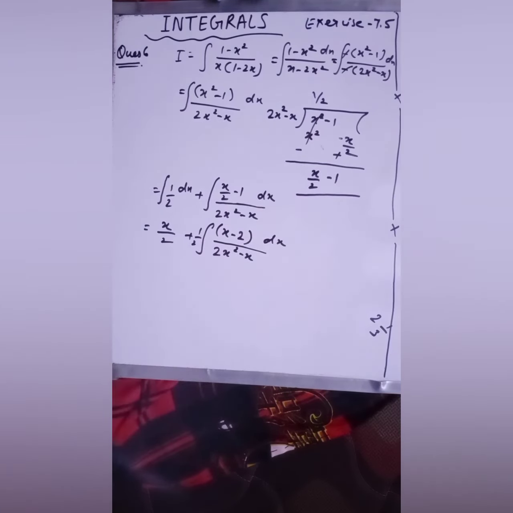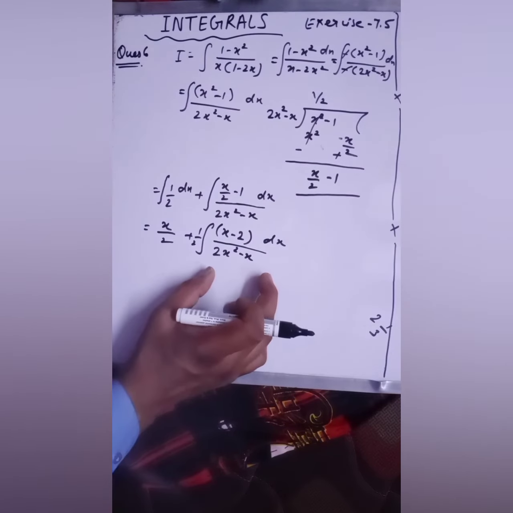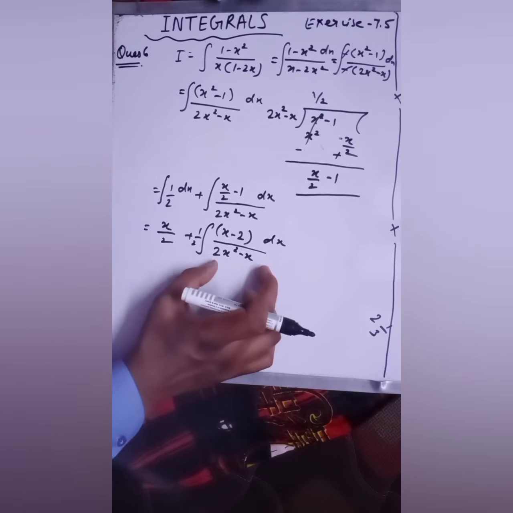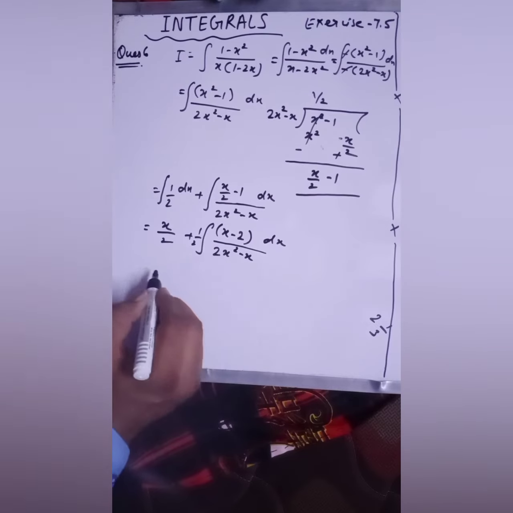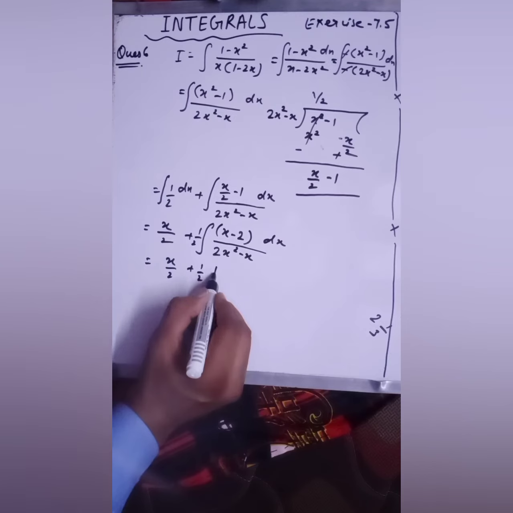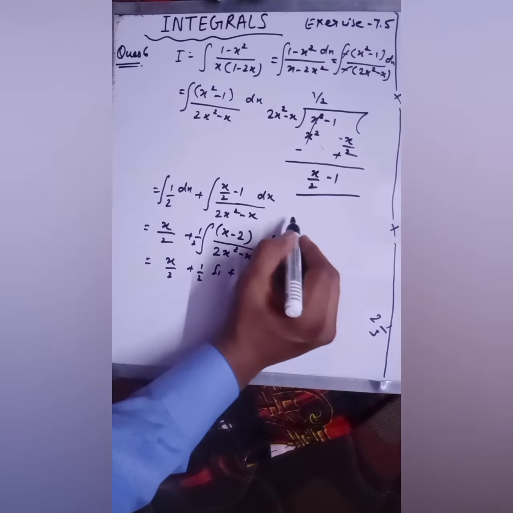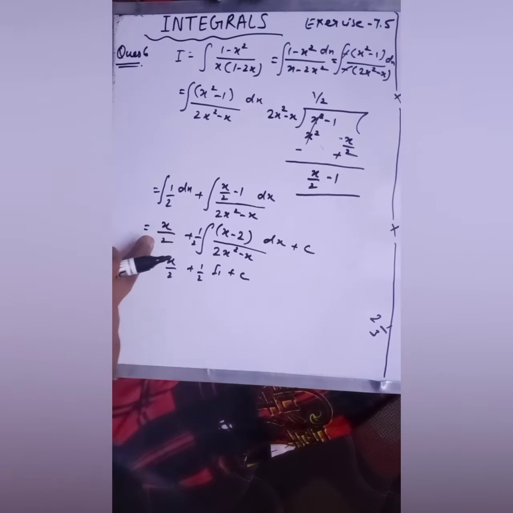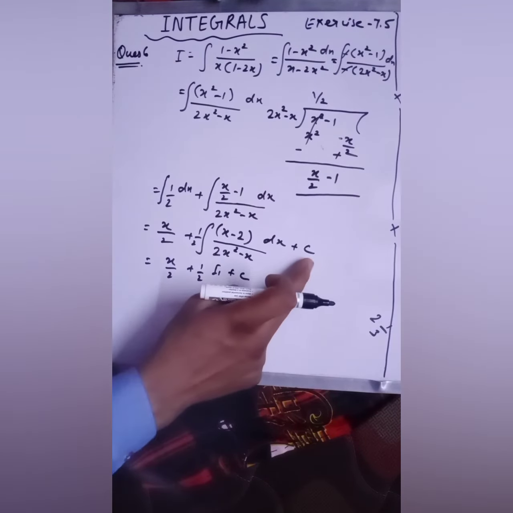Okay, so now because this is a proper fraction, here you have to use partial fraction. Fine, so I'm just giving this a name, that is half plus half I1 plus c. So here you have to introduce a c, that is a constant, because you have calculated the integration of this part. That's why we are writing this small c.